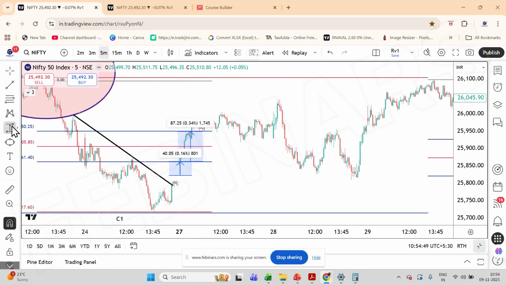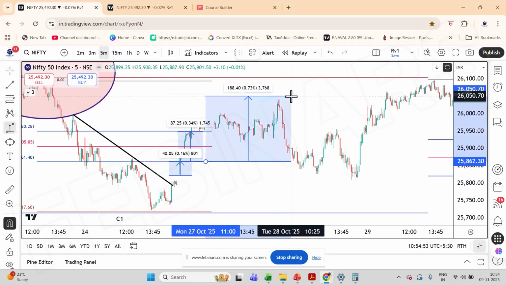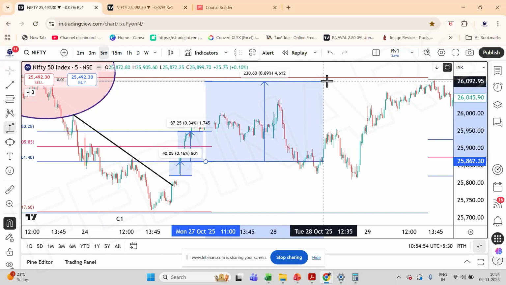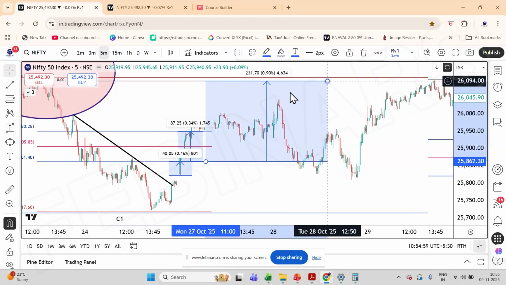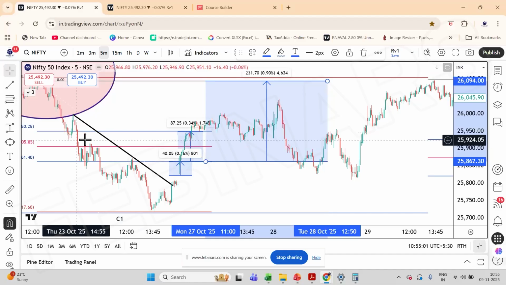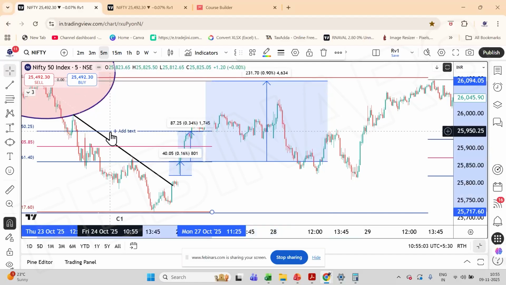This is how a trade needs to be established. Above that we can define two targets. Basically this is the larger target of 231, that is target 3. I'm going to also add on to the,